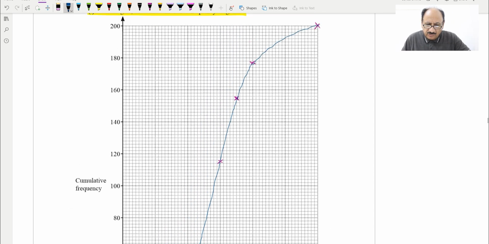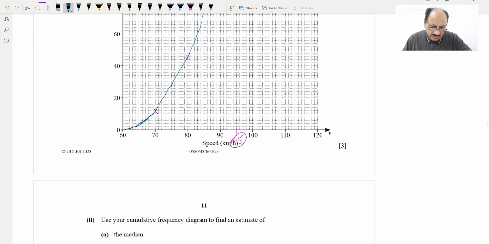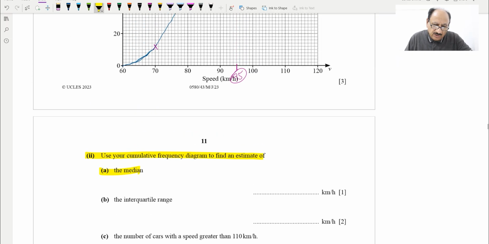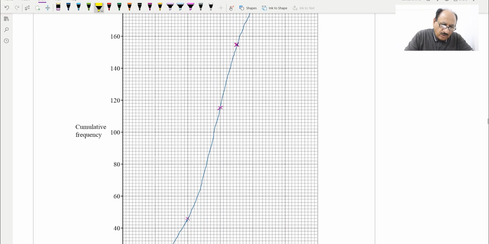So it's like an almost smoother curve, and this is done. Next, we need to answer the questions on the basis of this graph. Use your cumulative frequency diagram to find an estimate of the median. Median will be the middle value reference, so out of 200, half will be 100, so we'll take reference